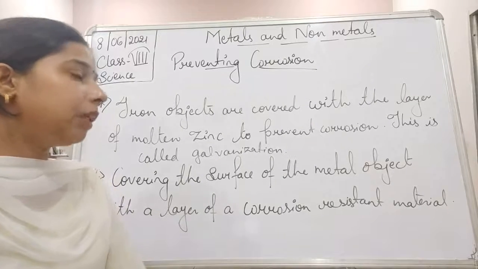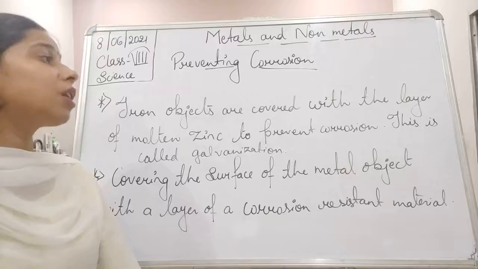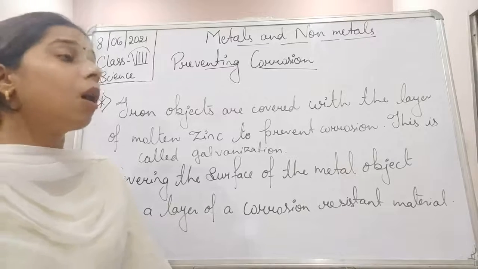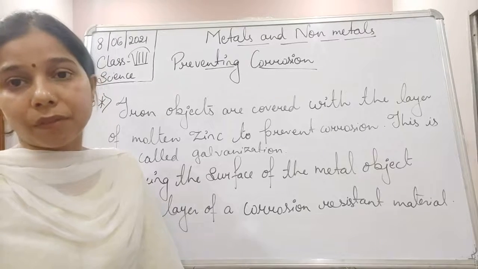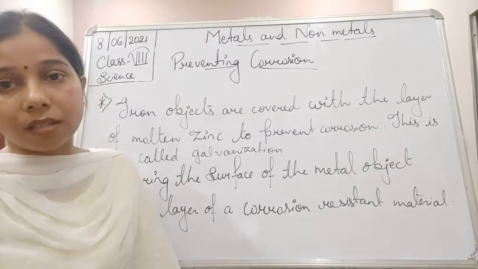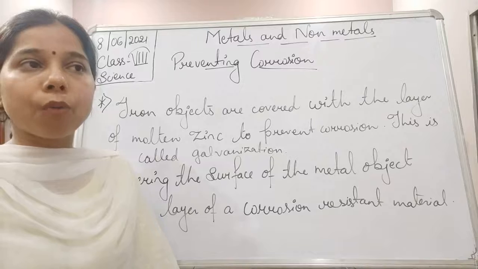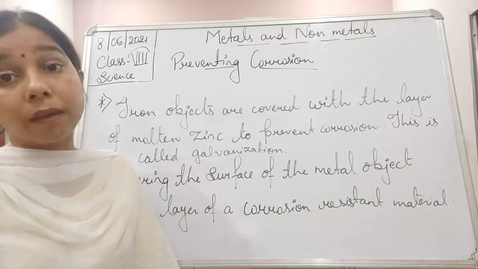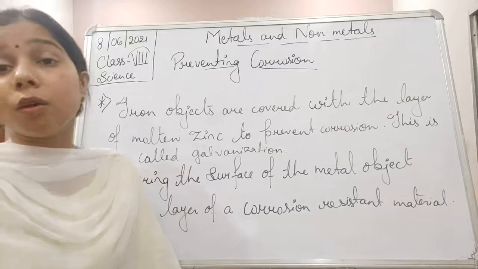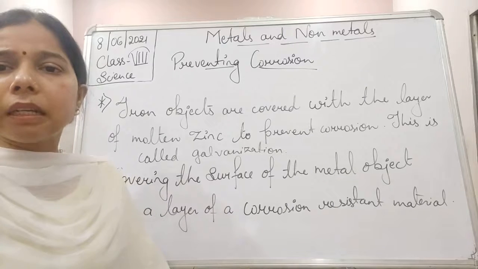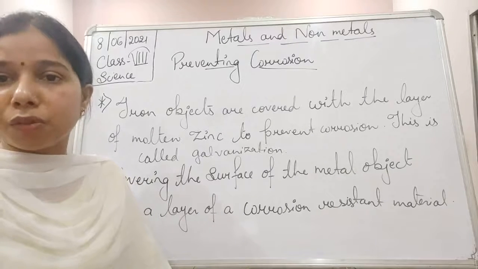Basically, what happens in the galvanization process? You know the rusting of iron we have heard about, in which iron reacts with oxygen, and finally a red-brown flaky substance forms on the iron. It makes the iron object weak. So basically we say that is the rust only, students.